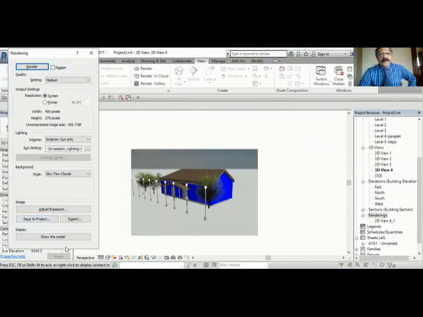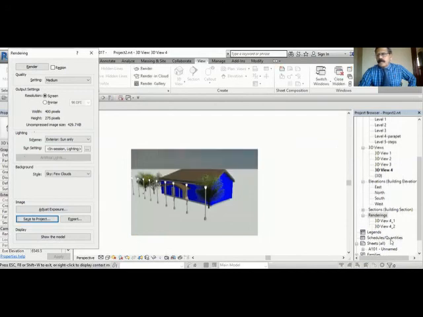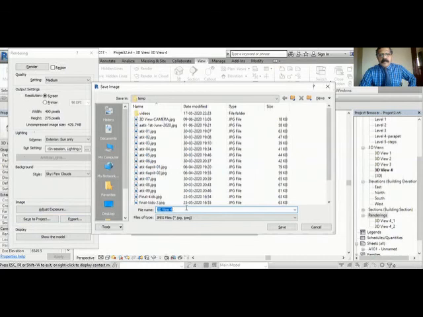After rendering, you can click Save to Project. So the second one will come. Anytime you can do that. And suppose you want to take a print of the JPG file, then you go to export and give a name, and that will be saved, and you can print out the JPEG. Okay, when you want printer quality, keep that one and export it.